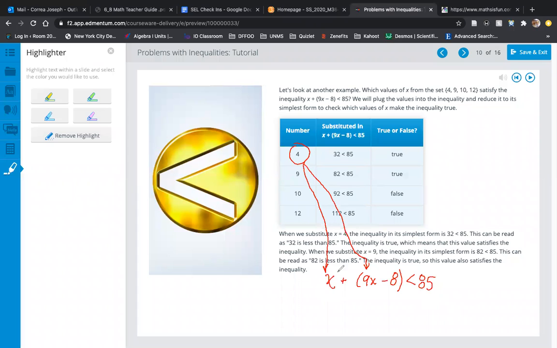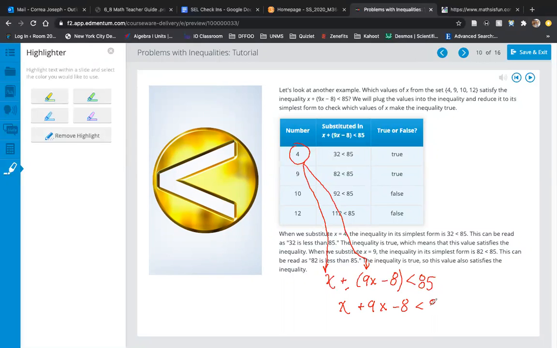People that are kind of remembering what we did before, you might actually realize that you can make your life easier, right? Instead of having to replace it two places, right? You might say, okay, so I see parentheses here, but it's actually not telling us to distribute, right? There's no number in front. So if you have an example like this, you can actually simplify this expression to make your life a whole lot easier. So what I would do is I would say, okay, these parentheses here, I actually don't need them. So that's the same as writing x plus 9x minus 8